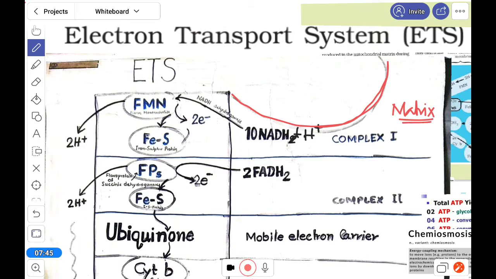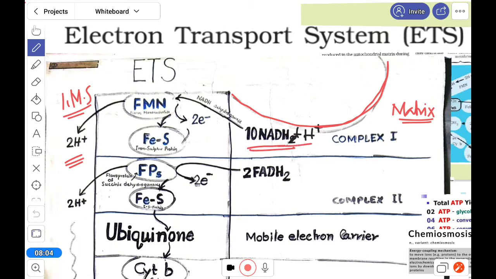I think you can understand that inside the mitochondria, the inner membrane, the cristae, and this space here is the inner membrane space. This part is there. Okay. So from the matrix side,